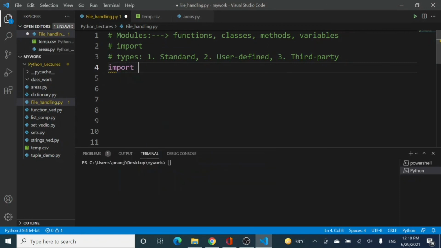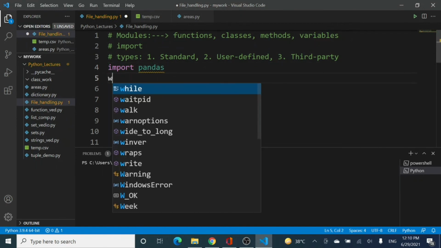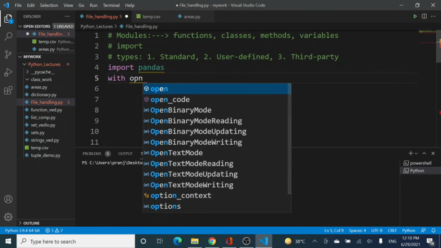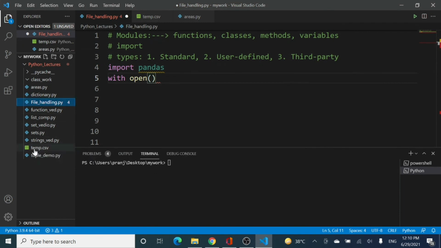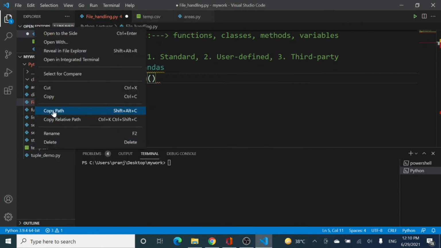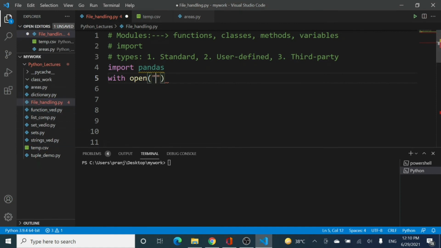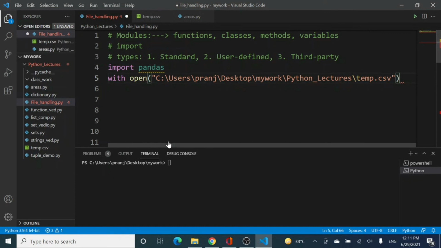So I'm going to import pandas, right? And here I will be making use of this file. So I will be opening with open the file name, and because I'm using this temperature file, I will be going to here, right clicking it, and then just copy the path of this file, and inside the quotes I'm going to paste that particular path. And remember that we need to change the slashes because this is not going to get recognized. So the slash should always get inverted like this and like this